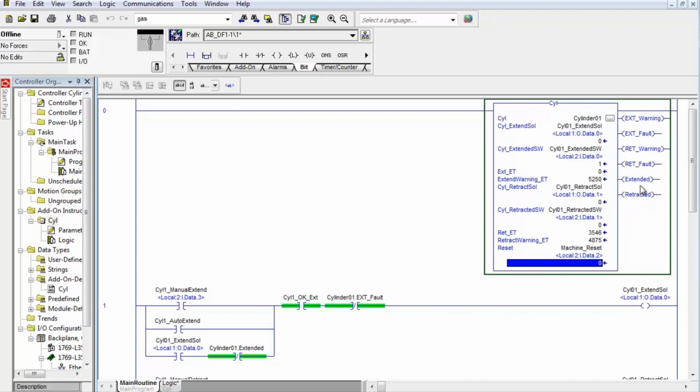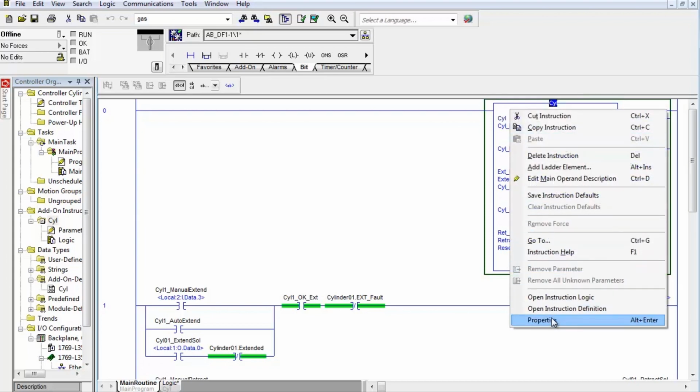And then we also made extended and retracted not just output parameters, so we could use them here in the logic. See here, Cylinder1 extended, that's that bit right there. But we made them visible, so if you're troubleshooting, you can see if you caused a warning, extend, retract, or false, and you can see whether the logic thinks it's extended or retracted without actually opening up the logic. And again, there's two ways to open up the logic. By right click, I can go to properties,